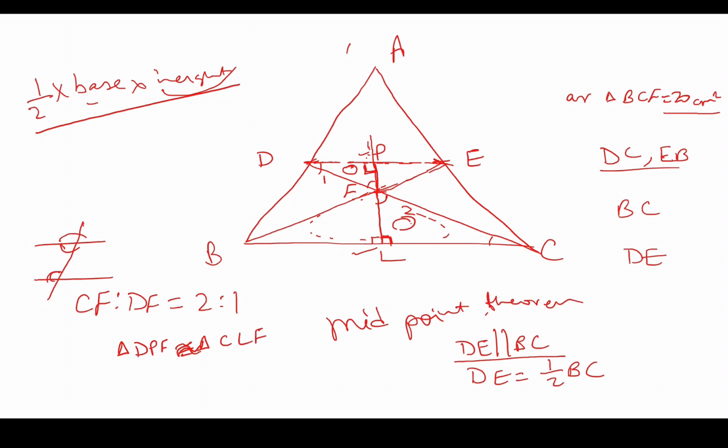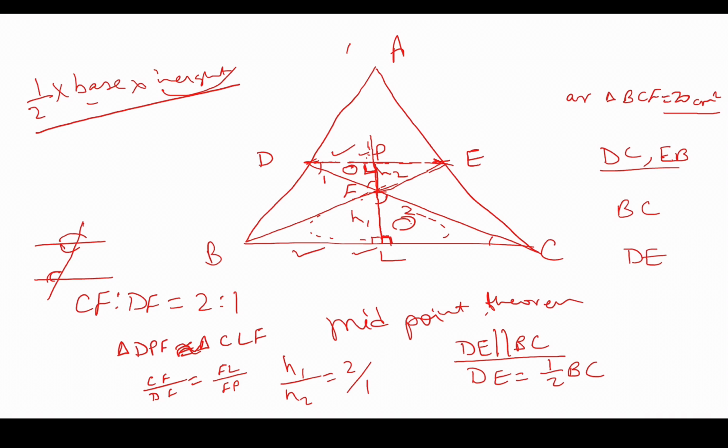So now see, by the similarity condition we can say that CF divided by DF is equal to FL divided by FP. So CF divided by DF, see, CF is 2, DF is 1. So we see that FL by FP is what is the altitude, that is, say this, if this is H1, this is H2, so we get that H1 divided by H2 is equal to 2:1. So we now have a condition where this base is also half of this base. Now this altitude is also half of this altitude.